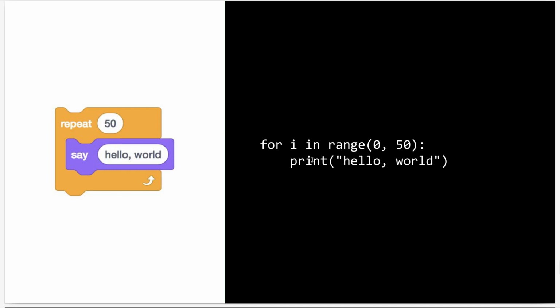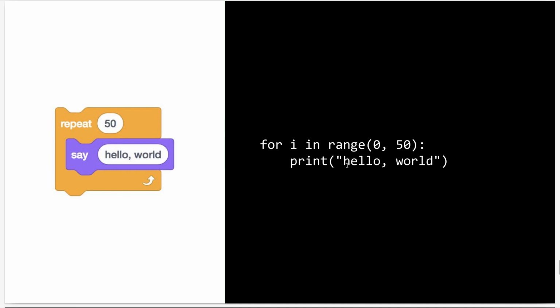You can also do the same in a slightly different way using a for loop. A for loop, although it can be used here, is generally used to iterate over an array or a list or a set of objects. So here you can write for i in range 0 to 50, print hello world.